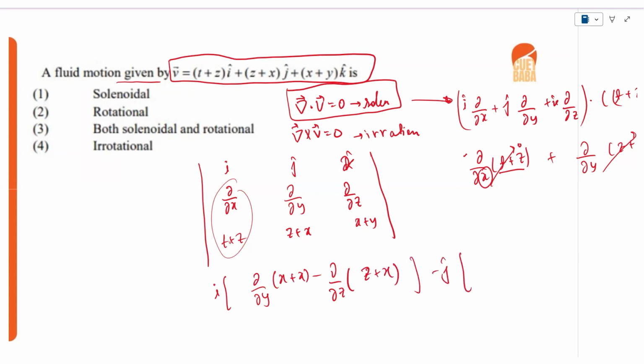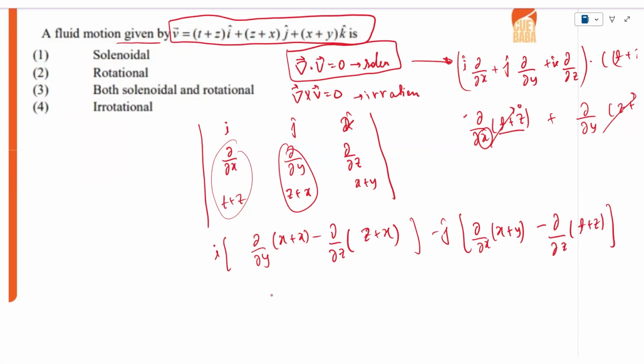For j cap, this will get cancelled out, this will be neglected. So del by del x of (x plus y) minus del by del z of (t plus z), right? And for k cap,